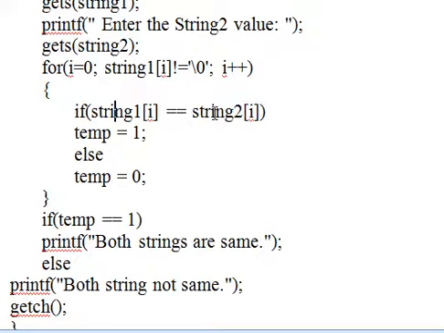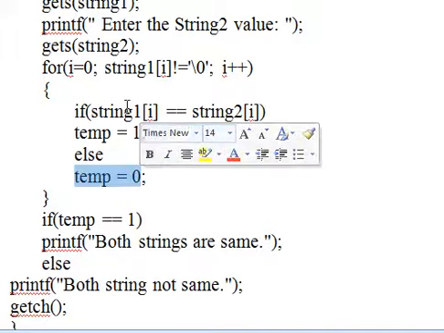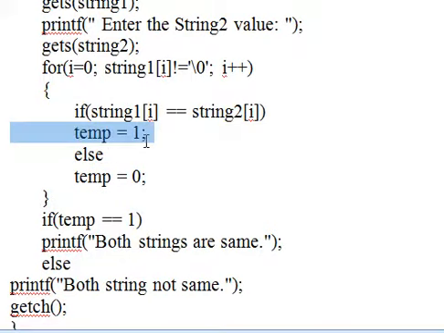If both are same, temp equal to 1. If both are not same, it goes to the else part and temp is equal to 0.